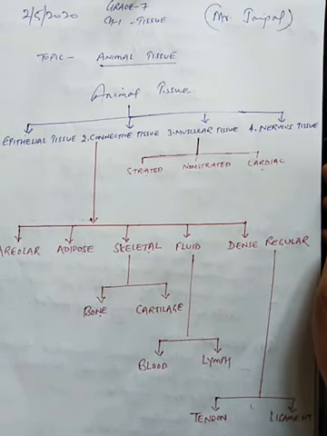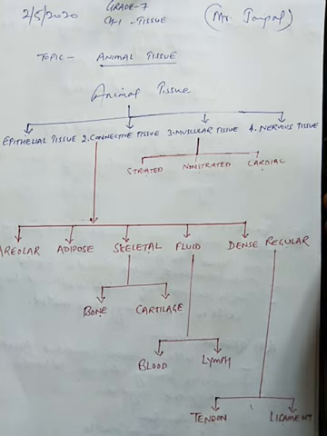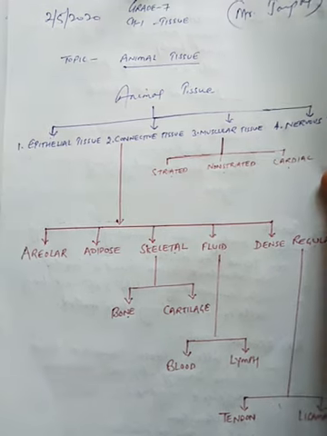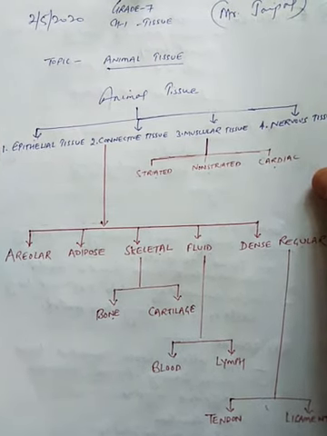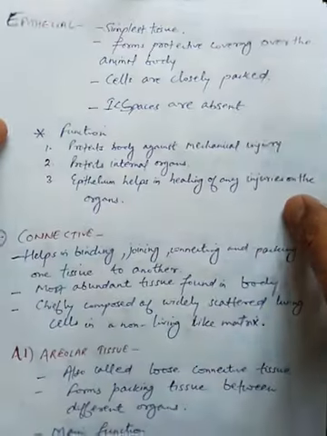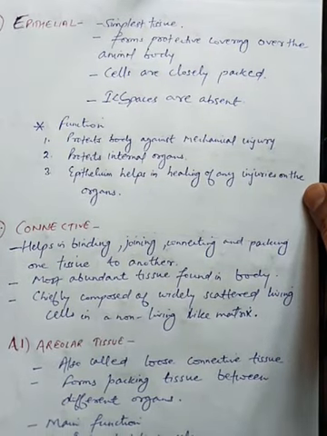Now see, these tissues play a very major, important role in functioning of the body. They are present in our body in different organs. They help to protect different organs in the body. They help in functioning of different organs in the body, as well as they serve major roles. Now we will discuss them one by one. So the first tissue which we are going to discuss is epithelial tissue.